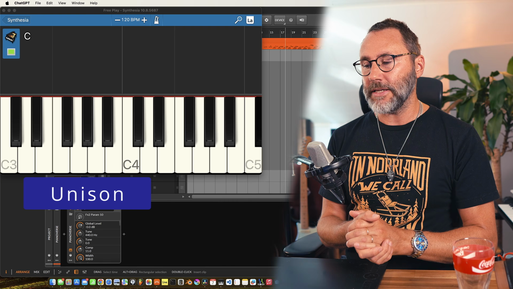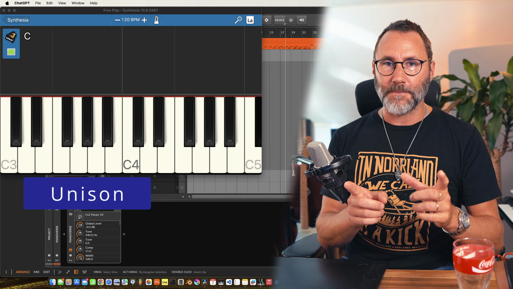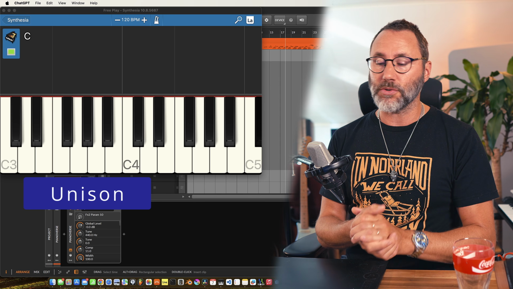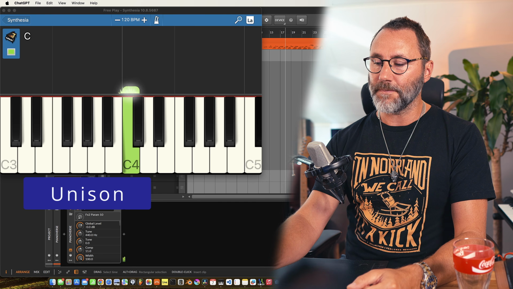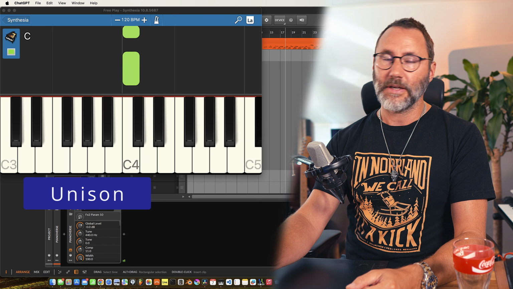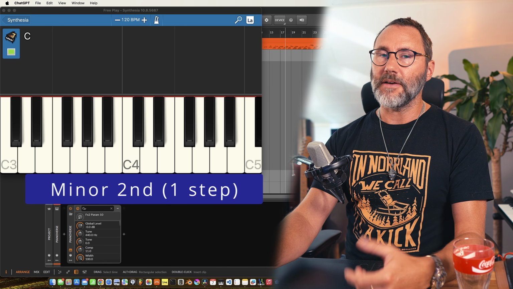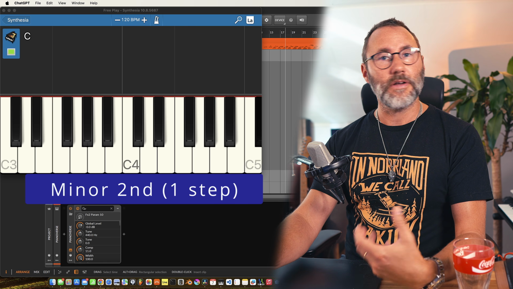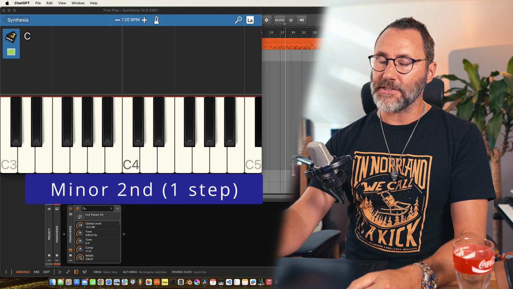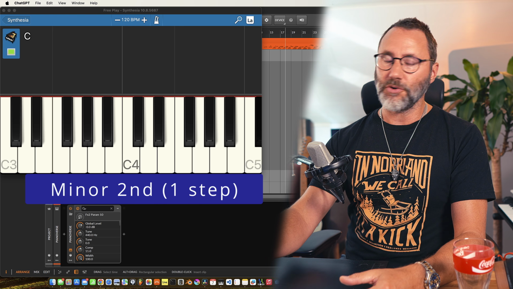Right, so our first interval is called unison or perfect unison. And that's when you have two voices playing the same note. So if we play a C4, it's unison. The next interval is called minor second or half step, and that's one step away from your root